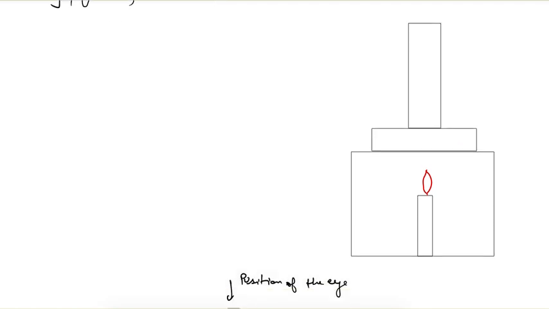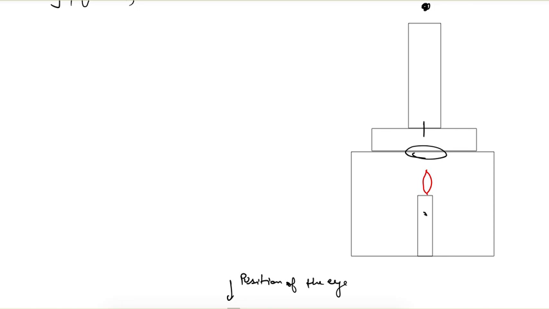So how do we measure the turbidity here? Here a candle is placed below this instrument or tripod, and there will be a hole or glass so that the flame can pass through, and here we keep a glass tube, and initially there is no water in this glass tube. If you keep your eye here, you can directly see the flame of the candle.